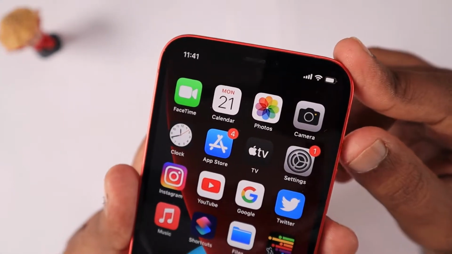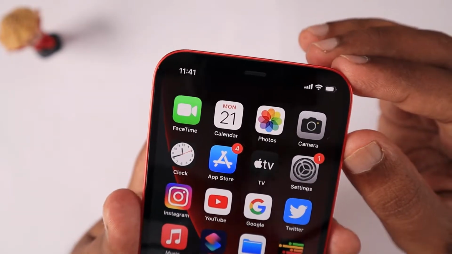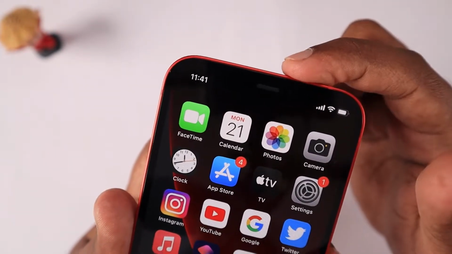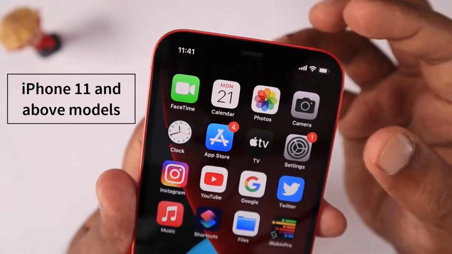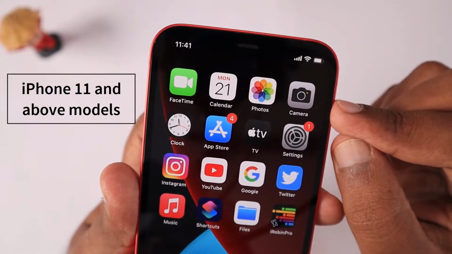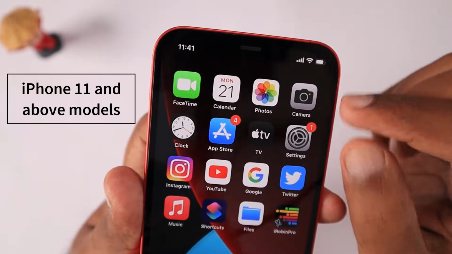If you have recently bought a new iPhone and the tech sheet mentioned that you have the front-facing camera with a 12 megapixel sensor, but when you try to capture a selfie photo using the default camera application,